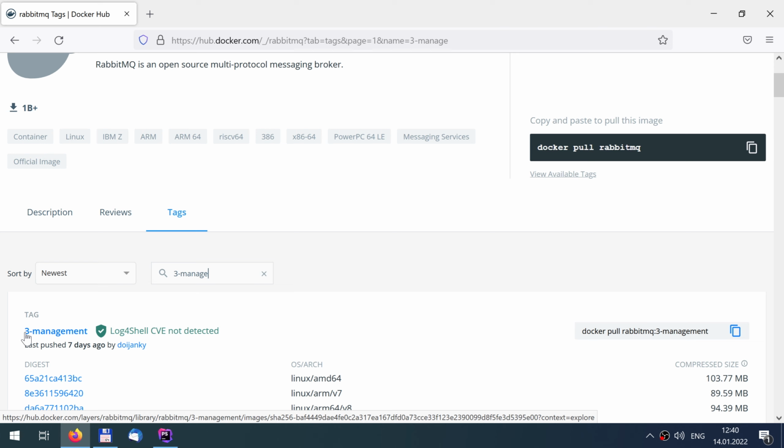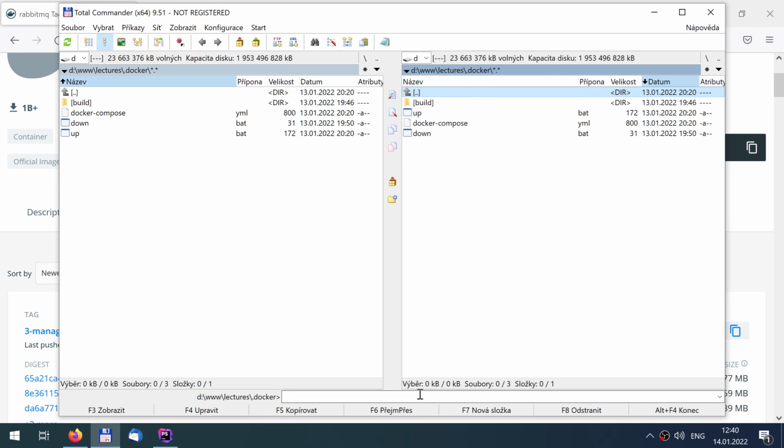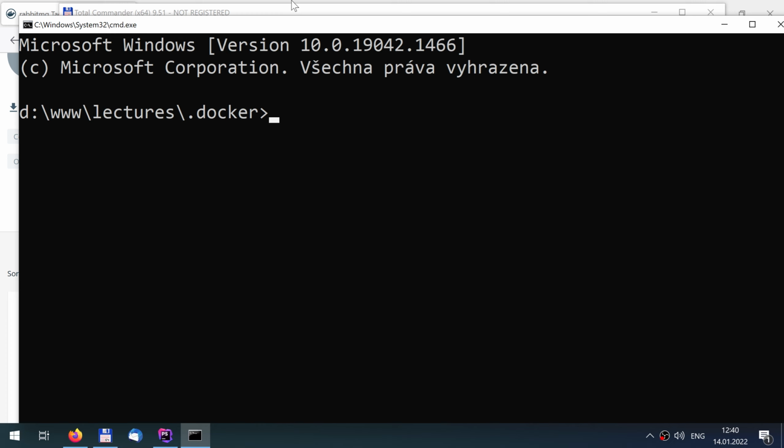This is the image I'm going to install here. Now I'm going to need to open a command prompt or a terminal. In Windows, I'll do that with CMD and enter. And I will start typing the command that I would find in the documentation.